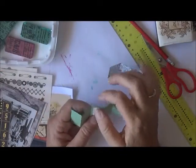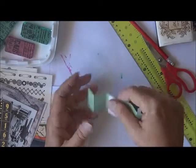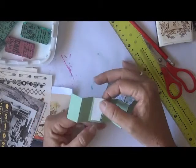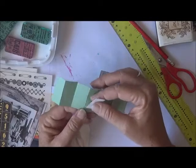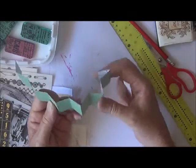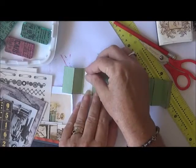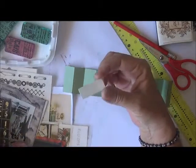While I'm waiting for the front, the top, the dominoes, I keep calling them tiles, while I'm waiting for that to dry, I have just cut out a little cardboard template. So it's roughly, it's not exactly perfect, but it fits on one of the fold pages in this, and I'm just thinking I want to decorate like every second page or put something on there, so I just cut this little rough template